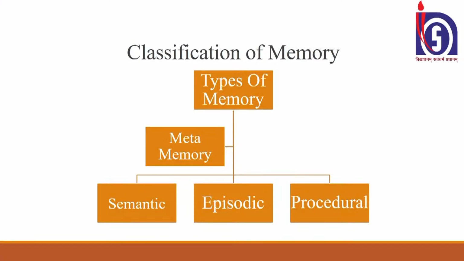Firstly, we talk of the classification of memory. There are different types of memory, and you might have seen in movies or shows a case of a person who is not able to remember some people or some events of his or her life. It is not necessary that all of the memory of that person is gone. It means there are different types of memories and they are stored in different parts of our brain. So firstly we talk of the semantic memory. It is a flow chart showing what all types of memory are there.